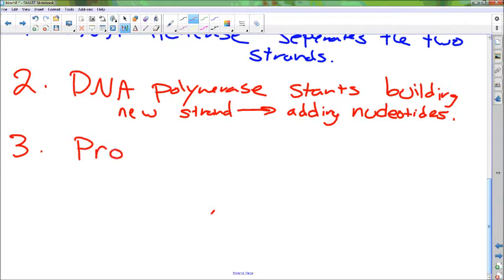is that we need proofreading. Okay? The DNA polymerase is pretty good about putting the right nucleotide in there, but every once in a while it does screw up. And so there are enzymes that come along and actually check its work and make sure that, yes, this is an A and there's a T bonded to it. Because every once in a while something messes up and you might have an A with a C bonded to it that's not bonded right because they don't match up. So that has to be removed and replaced and fixed. So proofreading and fixing,